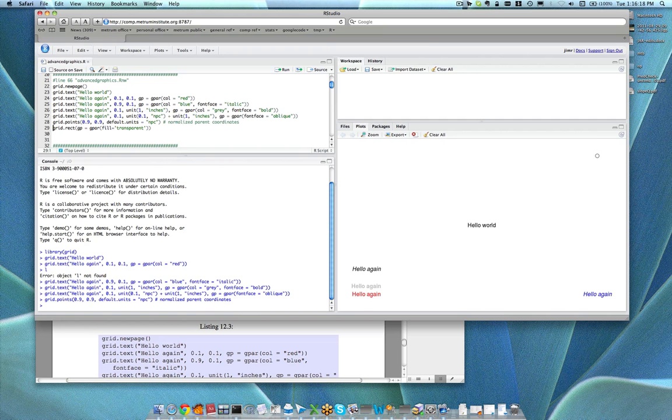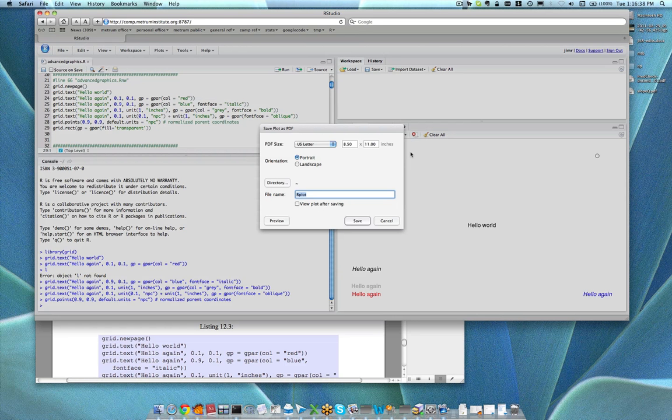Okay, so Jeffrey's following up on the question of the PDF file. If you export it, it will be just what the screen looks like. I don't usually use the export tool here. I usually do it by command line, but we could take a look at that. Save plot as PDF. Let's see. Okay, so when we save it as PDF,